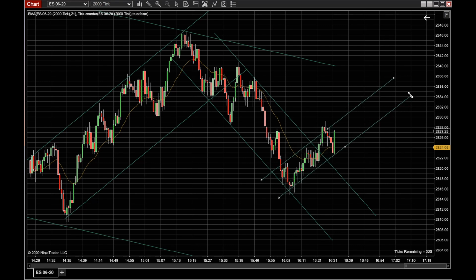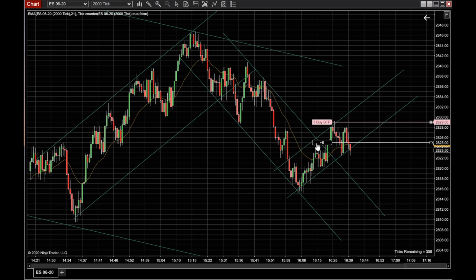And just a few minutes later, we have another setup. This one isn't the cleanest two-legged pullback, but I decided to take this two-legged pullback towards the upwards direction, only because there were additional confirmations again, which is this very strong trend line here. We have seen the bars bounce off this at least 4 times. So if it bounces off again, I was 99% sure that it would move up enough to make that 1